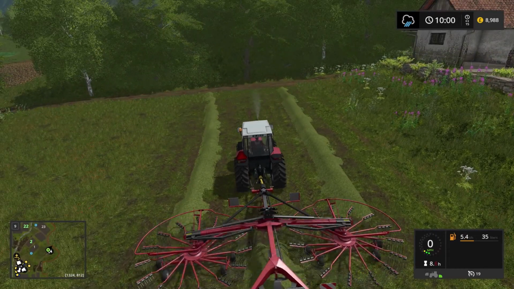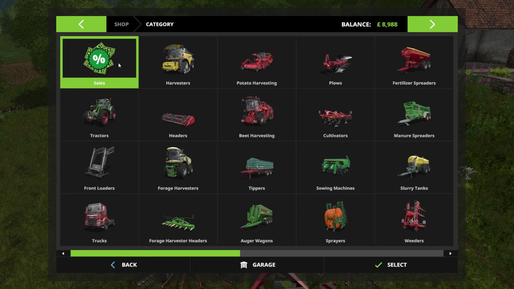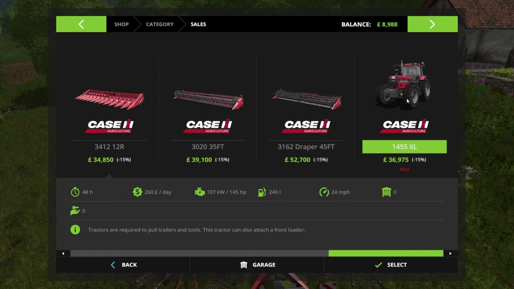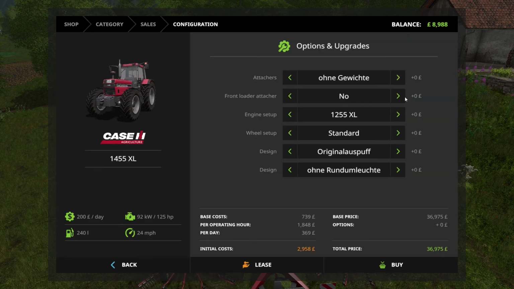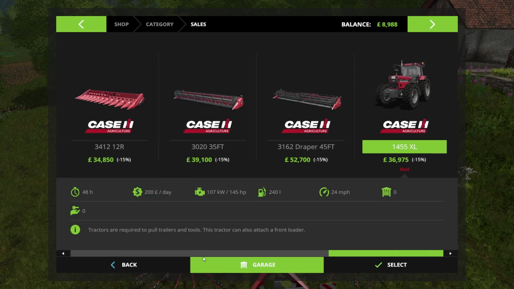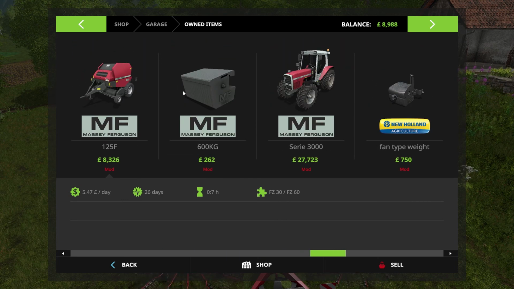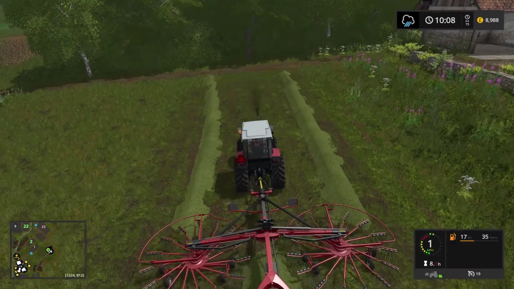Ooh, Case IH is on sale. Is there anything that we need? No, not really. Although, we need another tractor this size. 180 horse. What's our Massey at right now? I always like Case. It'd be a good in-betweener. I don't think we need it, but...